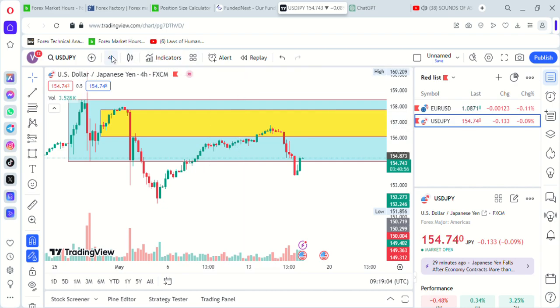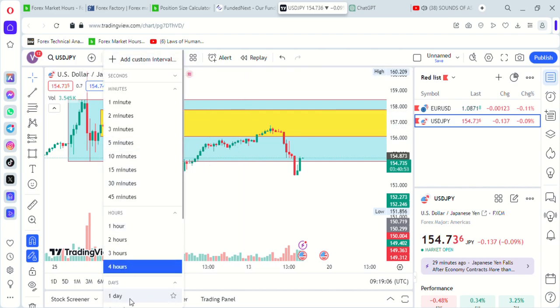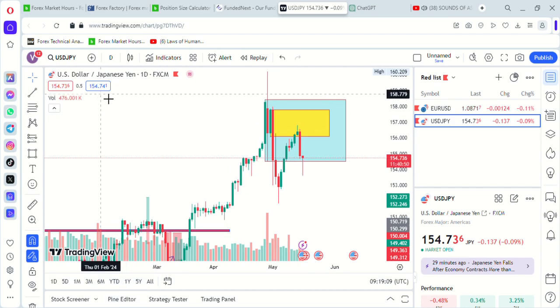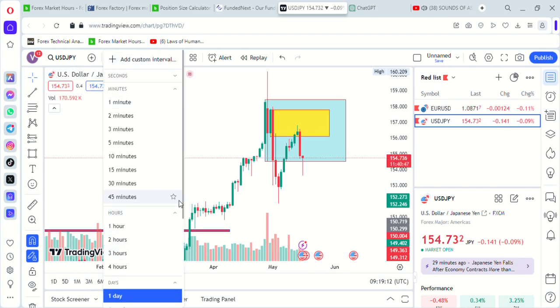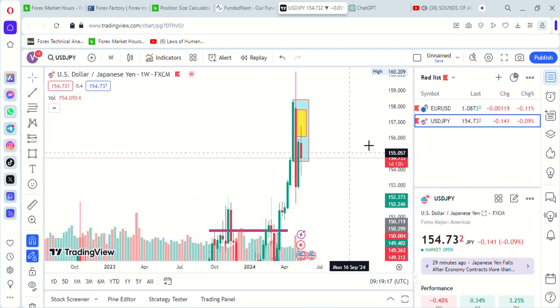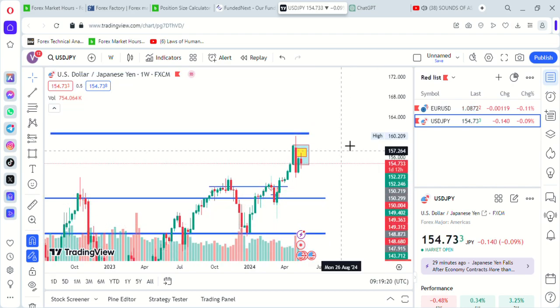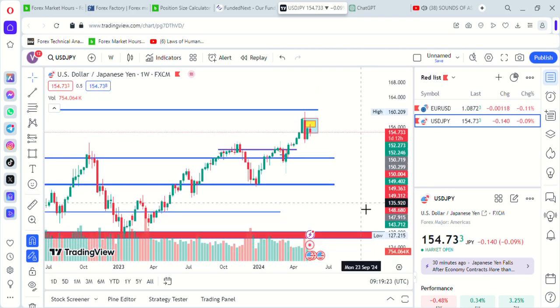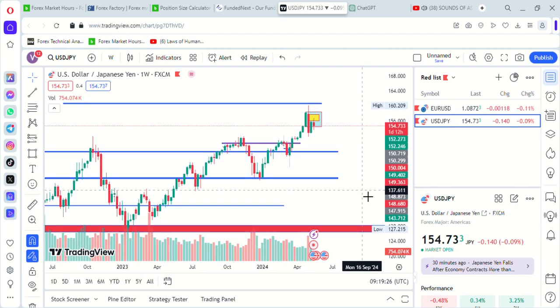So as you can see here, I have done my analysis in this thread. I start my analysis most times from the monthly time frame, most times the weekly time frame. Starting the analysis from the bigger picture is what we call top down analysis. You have the general movement where the market is going, then you can make your decisions from the lower time frame. But for the sake of what I want to do now, because I have done my analysis in these two pairs,